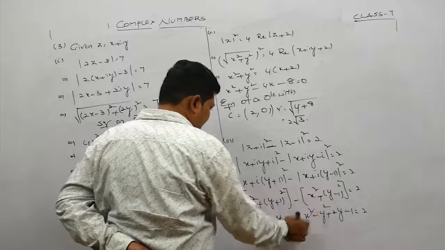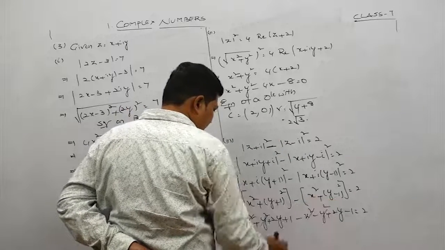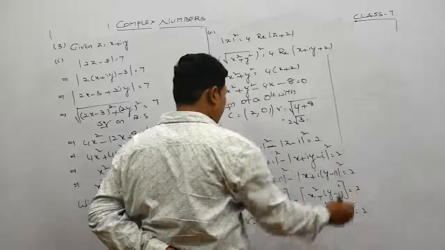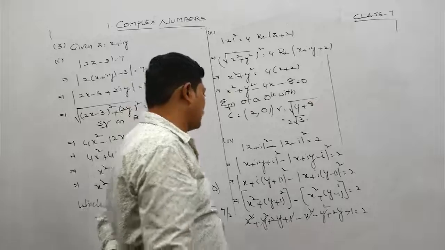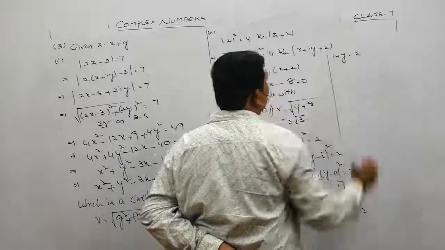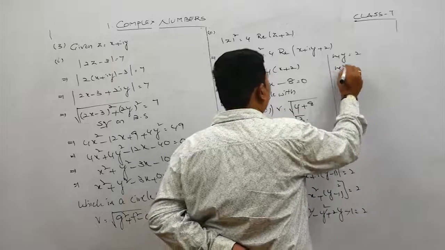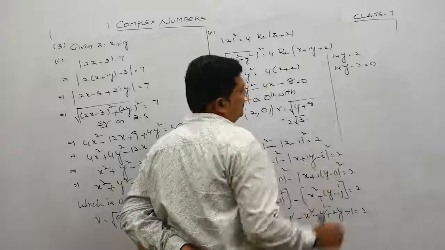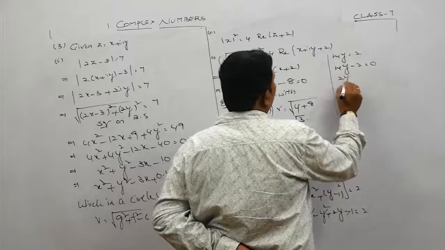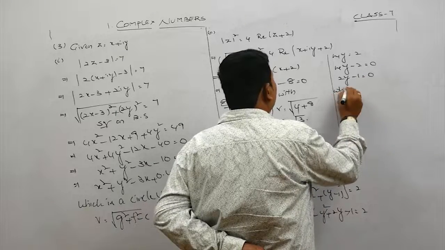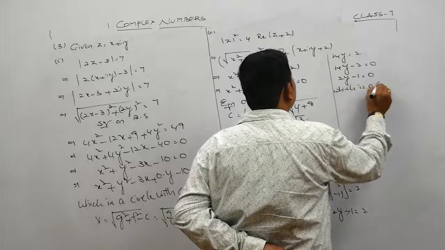So x square ఈ టర్మ్స్ని క్యాన్సిల్ చేద్దాం. ఈ టర్మ్స్ని క్యాన్సిల్ చేసినట్లయితే సో 2y plus 2y 4y is equal to 2. సో 2ని యువతలు తీసుకొచ్చేద్దాం. 4y minus 2 is equal to 0. ఇరువైపులో కూడా 2 చేత భాగించండి. సో 2y minus 1 is equal to 0, which is a line, which is a straight line